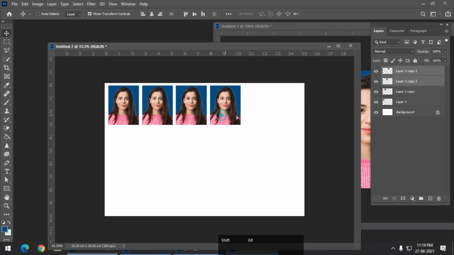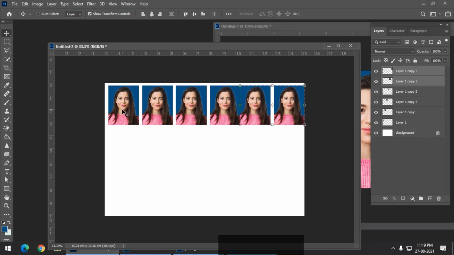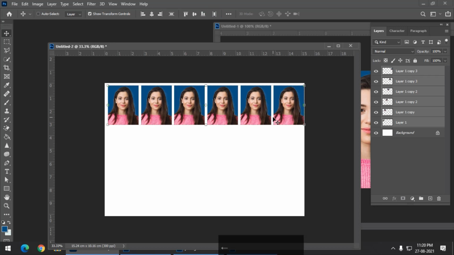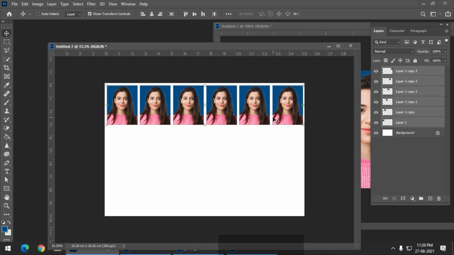Again copy them together. Now as you can see, the spacing between the photos is inconsistent. So make sure that you select all the photos first by pressing and holding Control key, and you can also click on the topmost or the bottommost layer, and you can simply press and hold Shift key and select the other end of the photo layer. So all the layers will be selected. Now use this option from the property bar or the control panel, Distribute Horizontally, so it will adjust the spacing and the spacing will be consistent. Now they will be equally spaced.